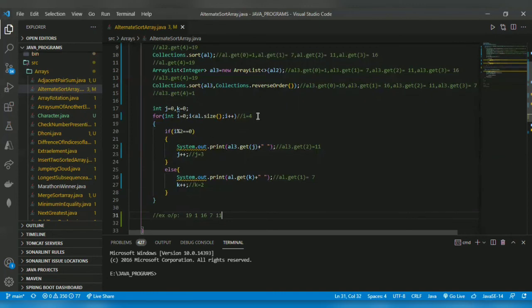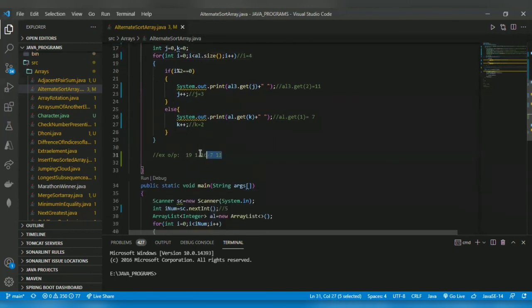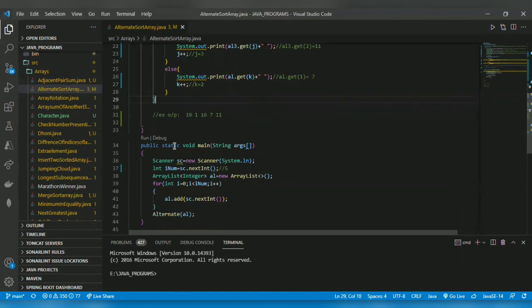Now i is equal to 5. Array size is also 5. The condition is i less than 5, so 5 less than 5 is not satisfied. It comes outside the loop. Our output will be like this. Shall we run the program?